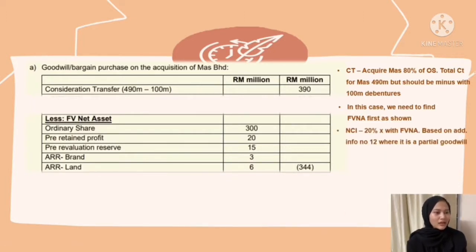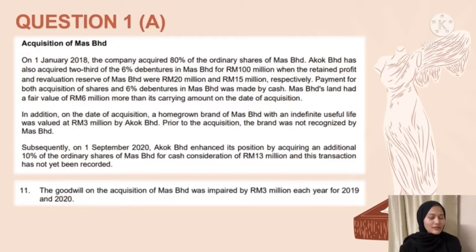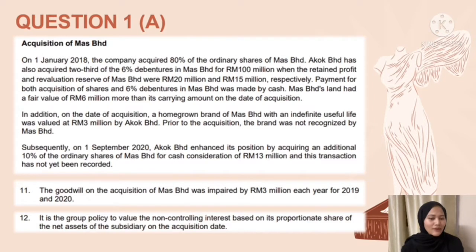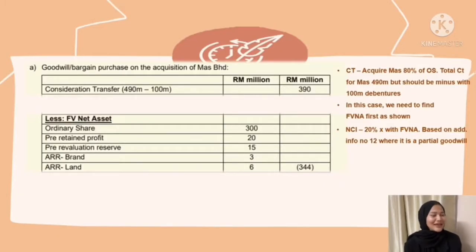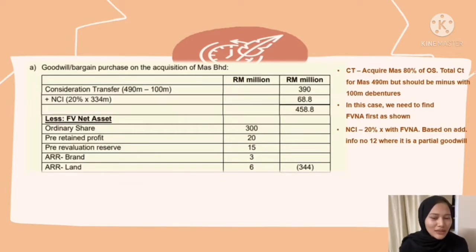For the NCI, as we know, the NCI for this question is 20%. Okay, but first let's take a look at additional information number 12. It stated that it is the group policy to value the non-controlling interest based on its proportionate share of the net assets of the subsidiary on the acquisition date. Okay, now we can calculate the NCI. So, 20% times the fair value net asset, which is 344 million, will get 68.8 million, plus